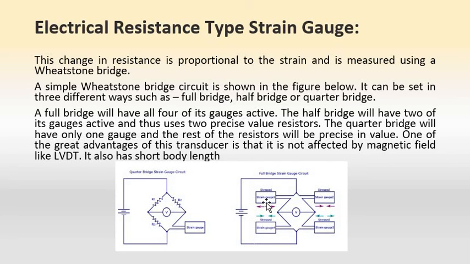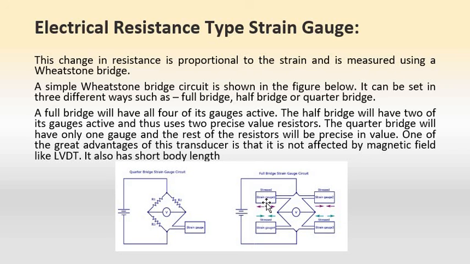The main advantage of the strain gauge type displacement measurement is that it has a very short body length. That is, for measuring the displacement we are using the principle of changing strain or changing resistance here, and the material we are using for this purpose is a metal piece, and the metal piece is a very small one. Therefore a strain gauge is a very small material. Therefore for the measurement a very big measuring device is not employed here. For this type of measurement we require only a very short or compact